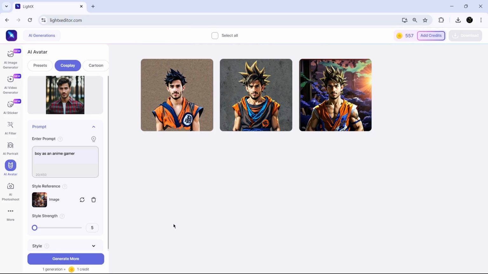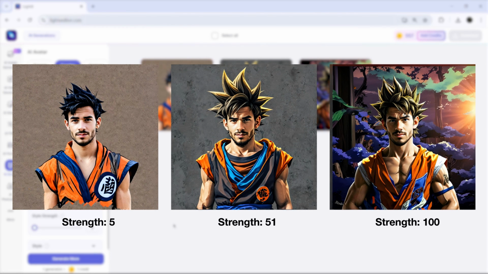To wrap up, let's compare the three results side by side, each with different style strengths. This comparison highlights how adjusting the style strength allows you to balance between style and prompt,